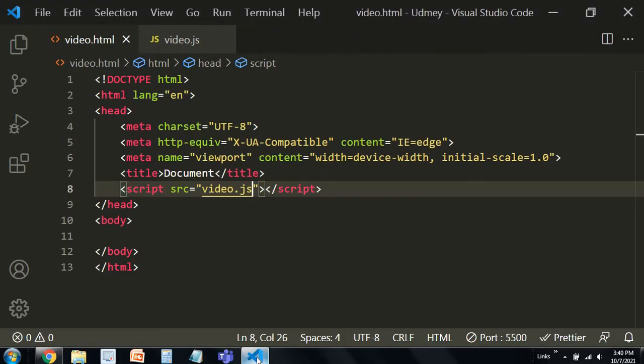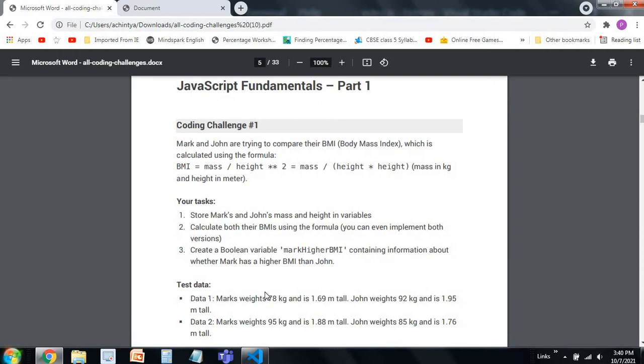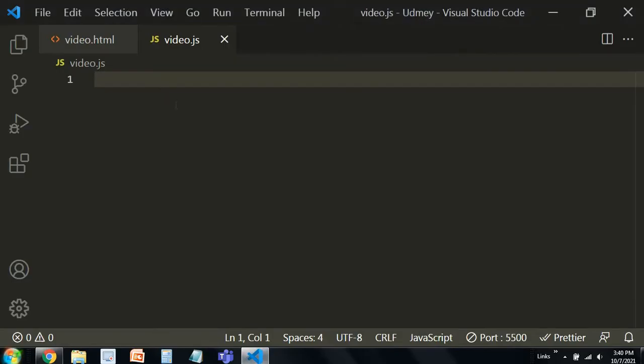So the first thing is that, as it is written, you need to store the height and weight. Suppose we'll go with the first case, the first data. Go to your JS file. You can do it in the same JS file that you're doing, or you can create a separate JS file for challenges. Yeah. So const